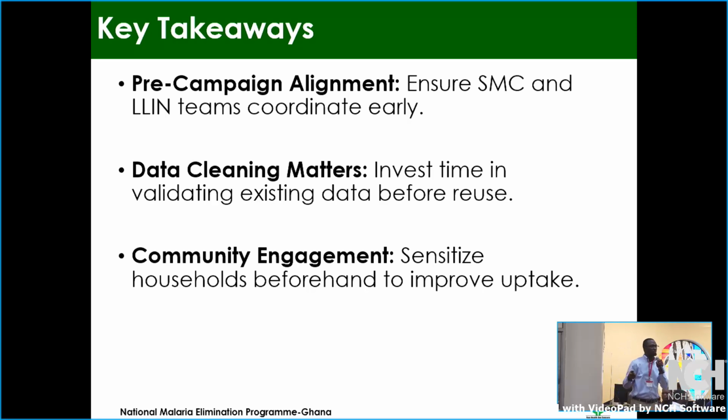Some of the households were probably expecting that we register them again and give them new codes and all of that. But we sensitized them that since they were already part of the SMC, there was no need for them to be re-registered. The good thing about the SMC was that during the registration of the SMC, some codes are generated for the household. For most of them, because their children have maternal health and record books, which they take to the hospitals every time, those codes were written in it. So the chance of it getting missing was quite minimal.